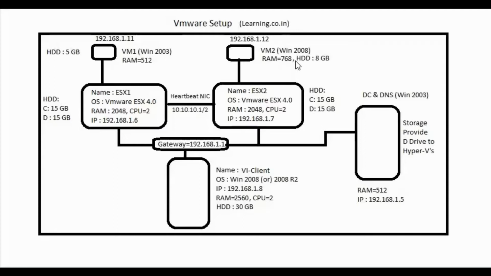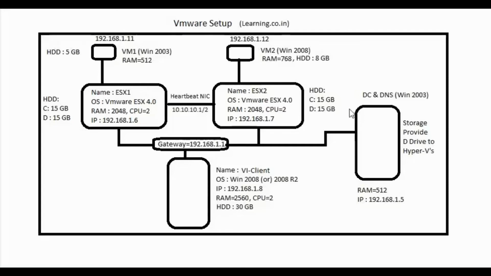If you see in this diagram, we have taken two ESXi boxes and a Windows Server, and we are creating the domain. For that we use AD and DNS, and we have given one domain name also. In this lab we are going to talk about the entire DNS, DHCP, and how to integrate with your ESX.